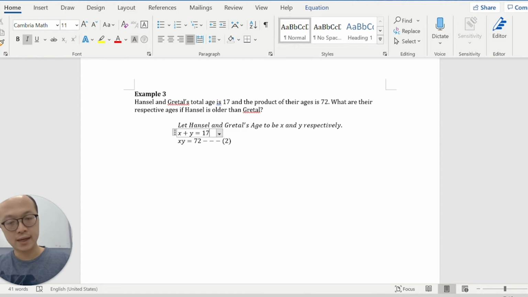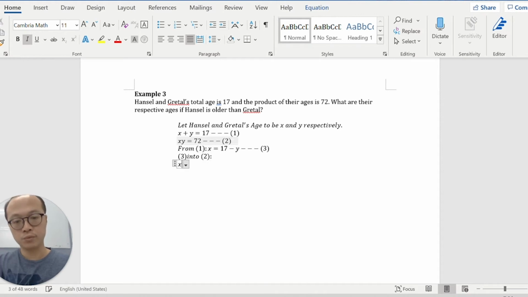Now once that is done, we can begin with our solving of simultaneous equations. How does that work? First of all, from equation number 1, we can make x the subject of formula. X is actually 17 minus y, and so that is going to give me a third equation. With that third equation, I can sub it into the second equation, of which we will get x multiplied by y equals to 72, which means that 17 minus y multiplied by y